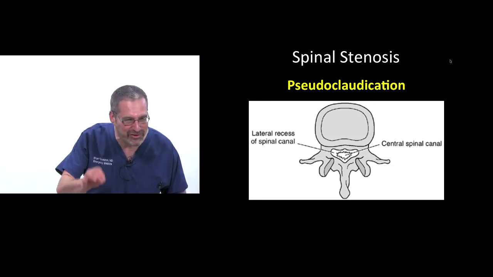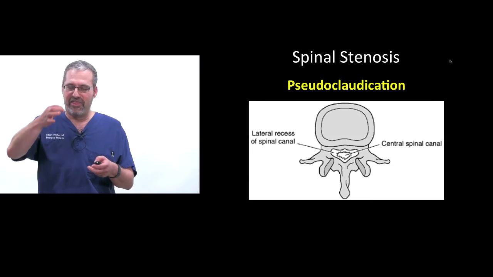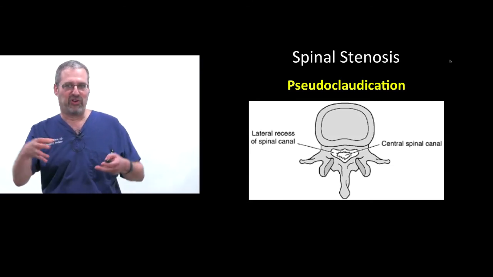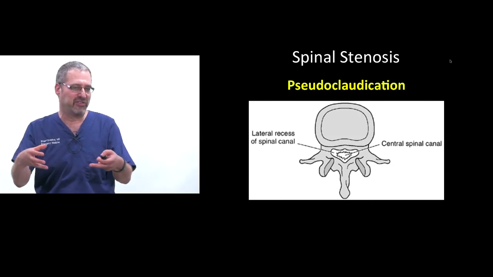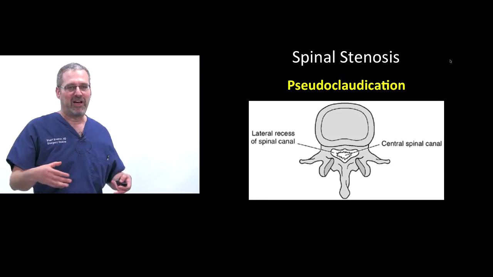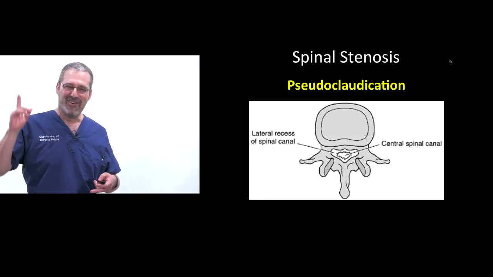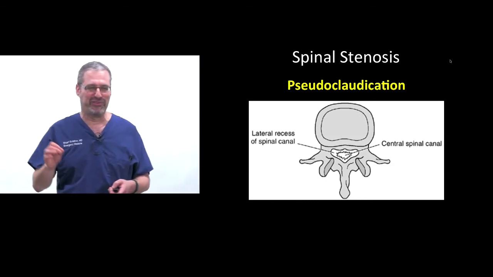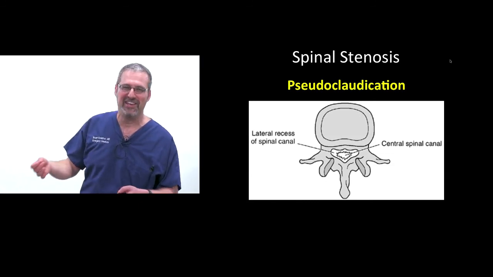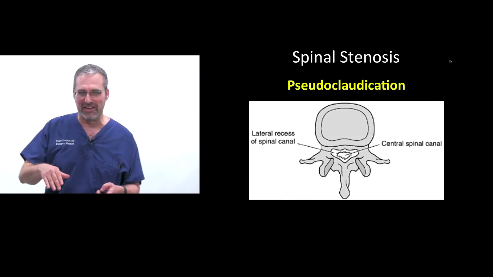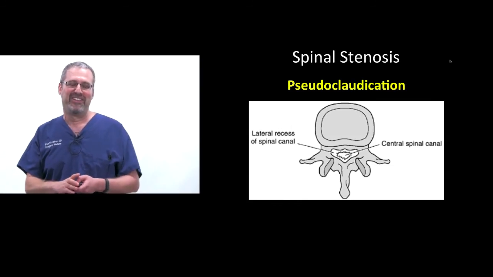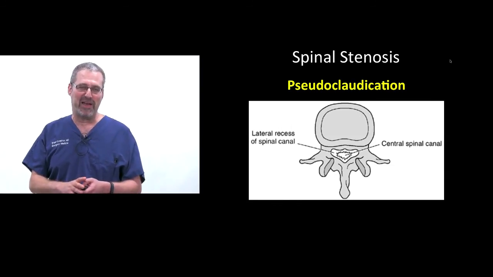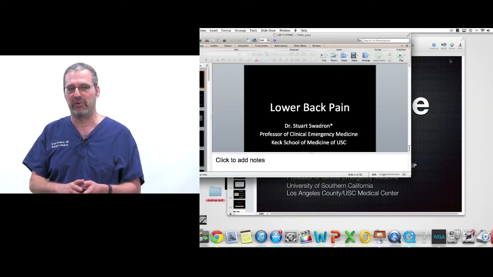In spinal stenosis, which is basically just a thinning of the canal as a result of all this arthritis and degenerative disease that people get as they get older, they report this pain when they're actually walking downhill. And so when they give you that question where the person is older and they've got DJD, arthritis, and they're having pain when they walk downhill, certainly think about spinal stenosis. And again, making the diagnosis and referring them as an outpatient is usually all that's required.